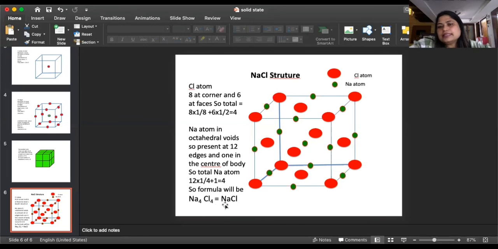So that is NaCl. In this way, we design, or you can say we put the atoms in the NaCl structure. We should always remember one thing: the bigger atom always occupies the FCC lattice or lattice points, while the smaller atom occupies the voids, maybe octahedral void or tetrahedral void. I guess now you can understand the concept of octahedral void, tetrahedral void, and the NaCl structure. In the similar way, we can study the other structures also, like cesium chloride, KCl, ZnS,